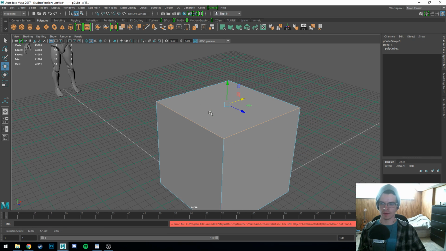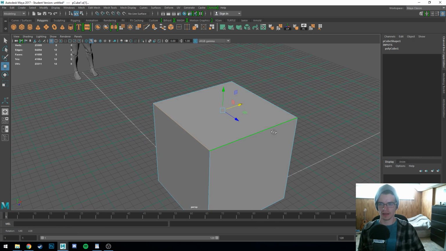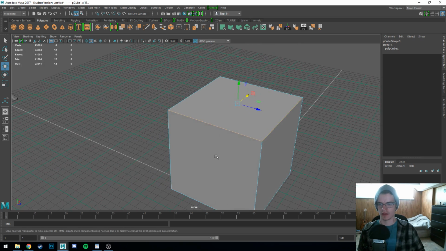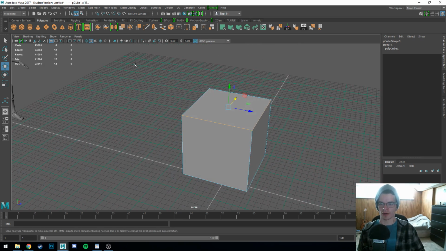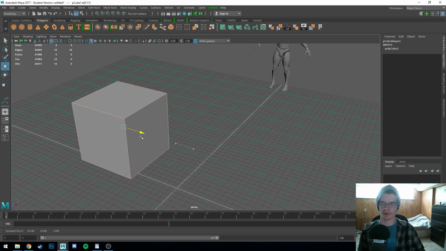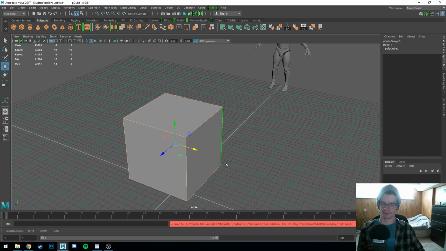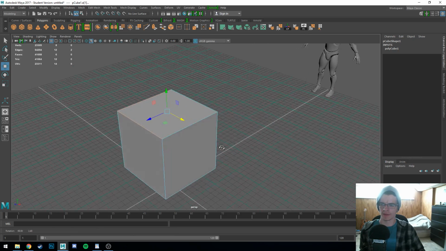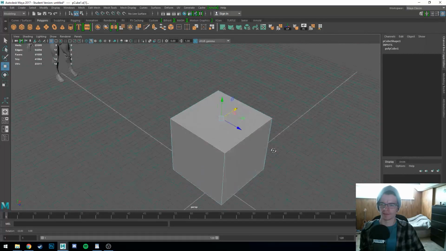And Z to undo. And you can select as many edges as you desire. You can select all edges by marquee selection. See, now I have all edges selected, but it's not really going to do anything because I have the whole object selected at that point, because it's every edge within the object. So try this. You click, and then you shift, double click, and it should, actually, no, maybe not with the cube, but